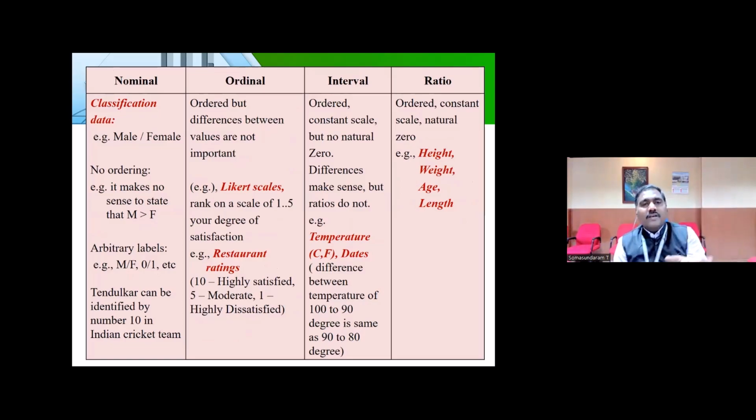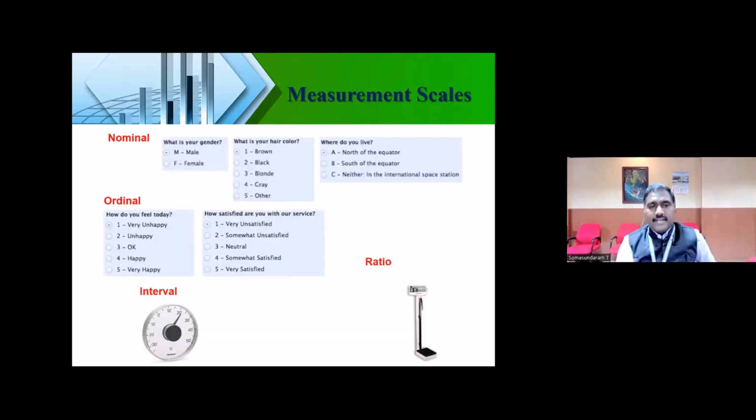We'll have a category. Ordinal scales are a 5-point scale or 7-point scale or 10-point scale. Intervals may be direct questions, or ratio scales like height and weight. So these are the basic examples of nominal, ordinal, interval, ratio. Accordingly, you can choose what scales we are using for our data, right? For example: male, female, what is your hair color, which location you are living in, all these come under nominal because your variables are measured with categories.